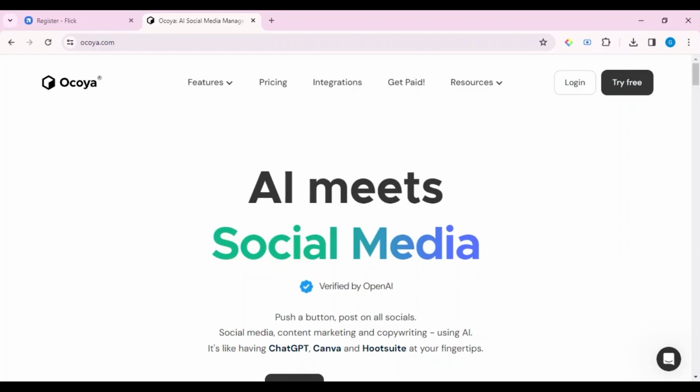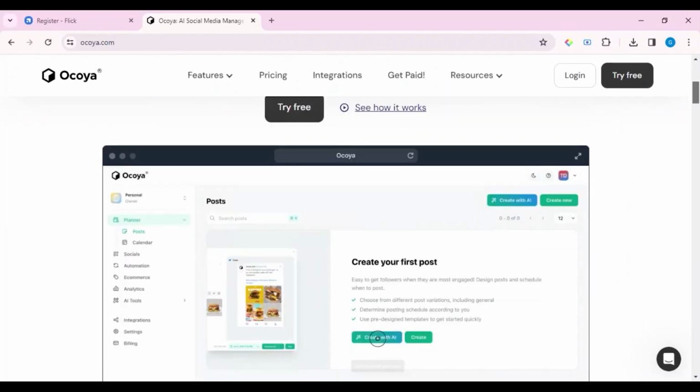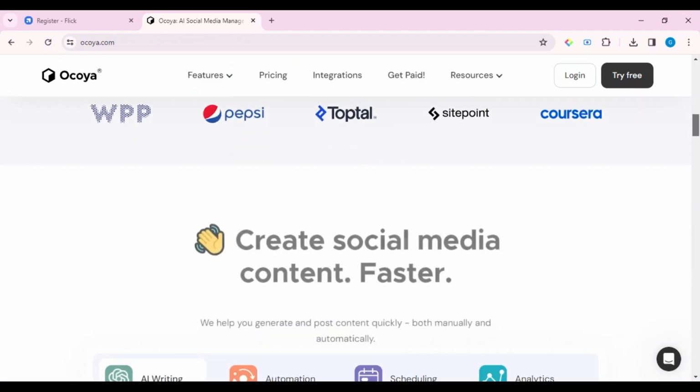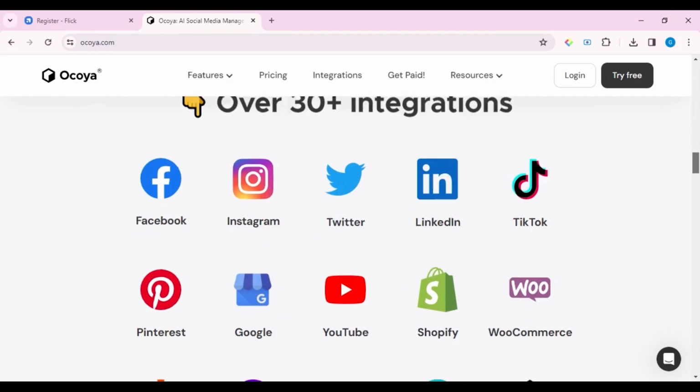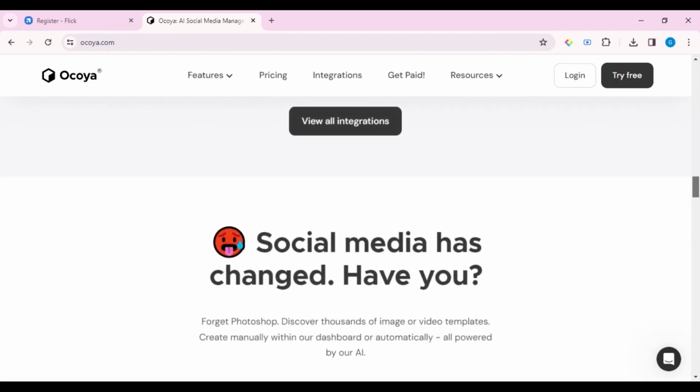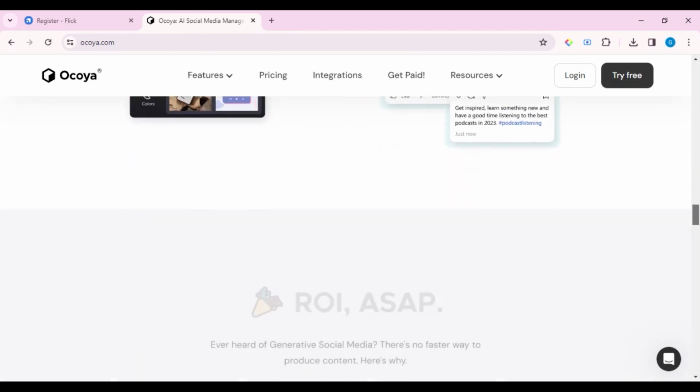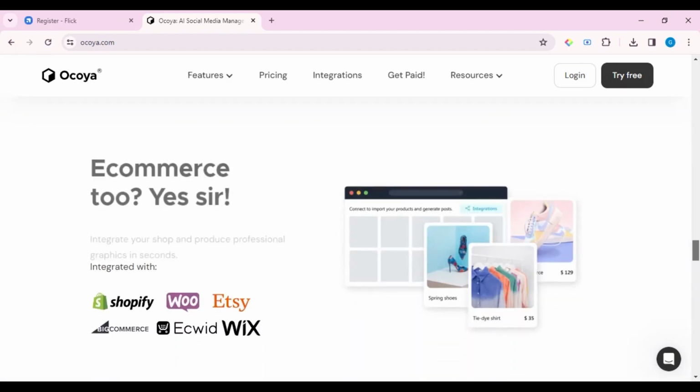Now let's step forward to another tool called Ocoya. So let's visit the site ocoya.com. Ocoya is a way for you to upgrade your content strategy. This will help you if you are a solo entrepreneur and you are looking to get better with your content